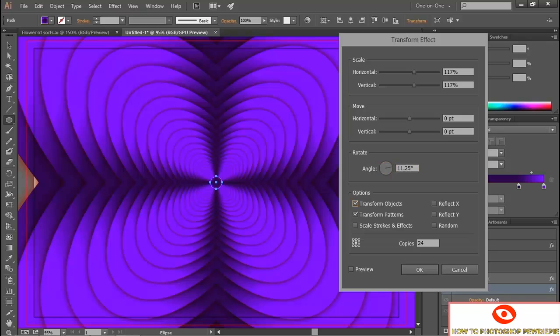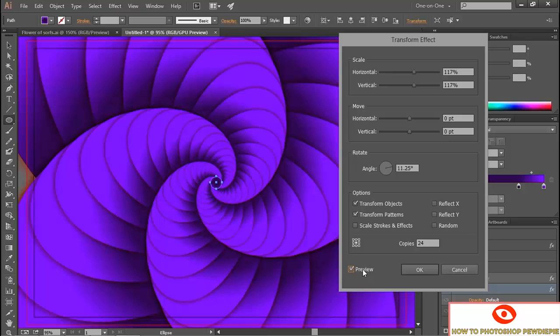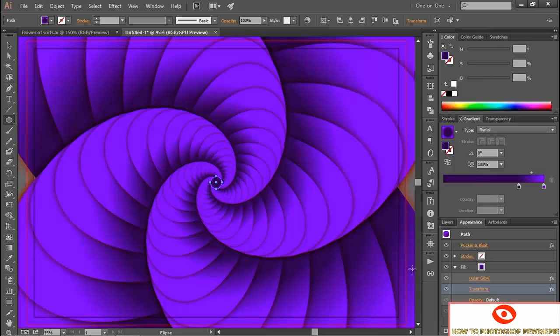And then I'll press the Tab key, and that gives me an angle value. When Illustrator does the math for me, it gives me an angle of 11.25 degrees, at which point I'll turn on the Preview checkbox, and I get this effect here. And now I'll click OK. So far we have a kind of nautilus shell effect. That's not exactly what I want,